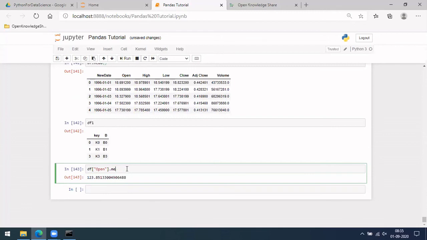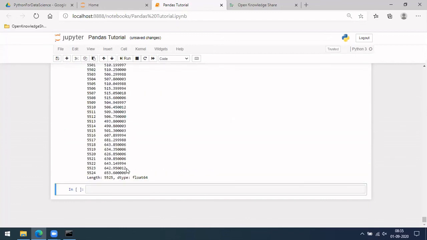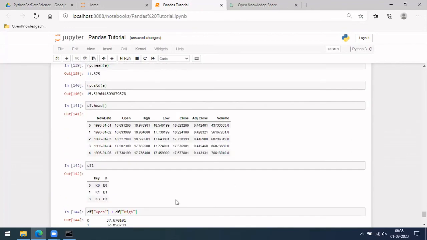One more thing we can do is, similarly, I have introduced you to dot apply, where we can apply a function on top of it. So let me do something like this. I just want to add these two columns, and the sum is here. Okay, something like this.